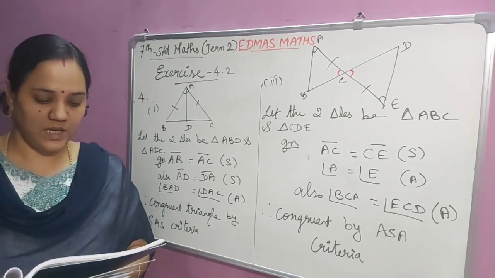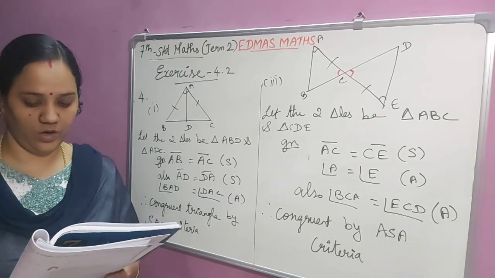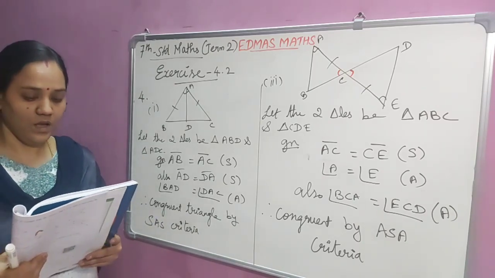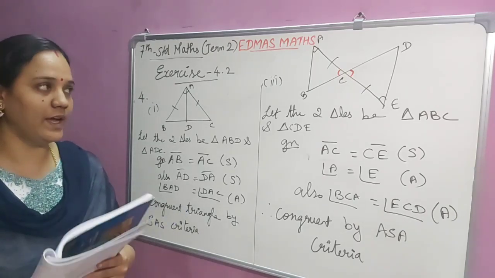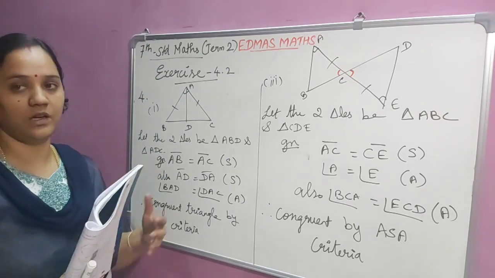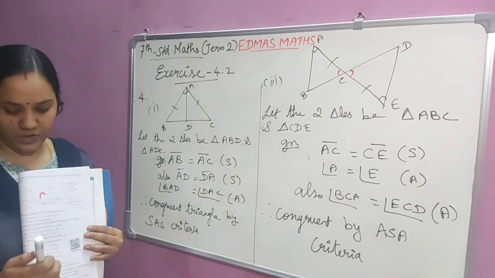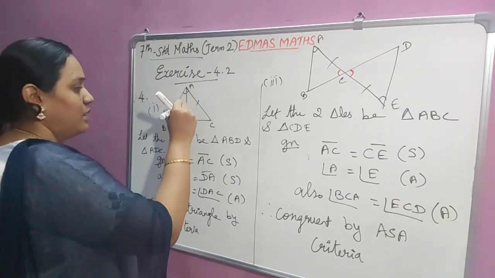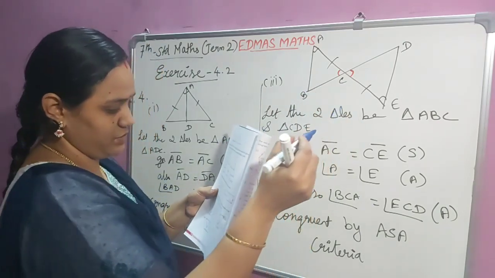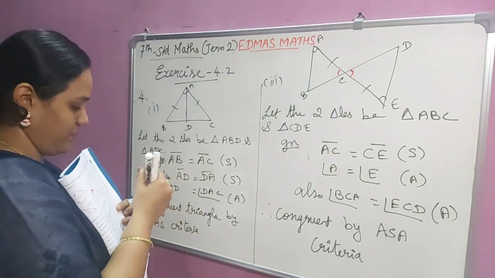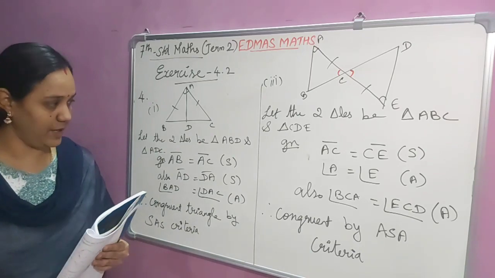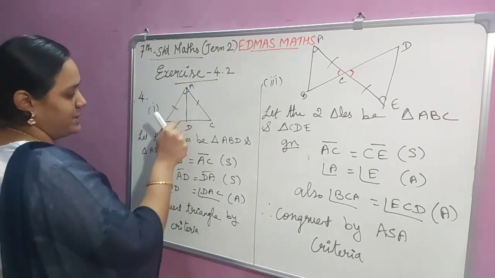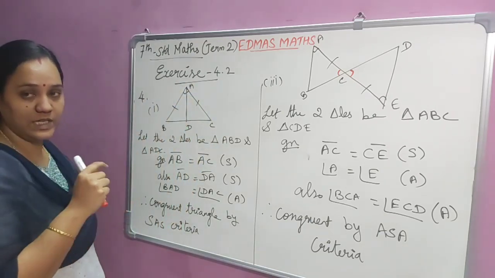Fourth problem, state whether the two triangles are congruent or not. Justify your answer. Okay, here they have given some triangles, that is 5 options we have. Now I'm going to explain you first and third option. So first option, this is your triangle and they have differentiated the two triangles using this color variation. Okay, now for the first problem we can take this as one triangle and this as one triangle. So that's what I have written.